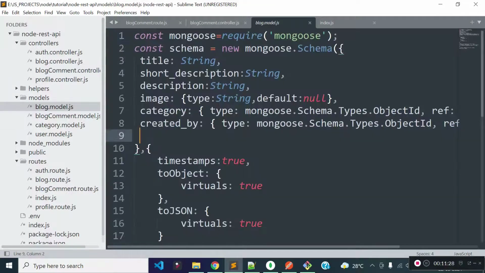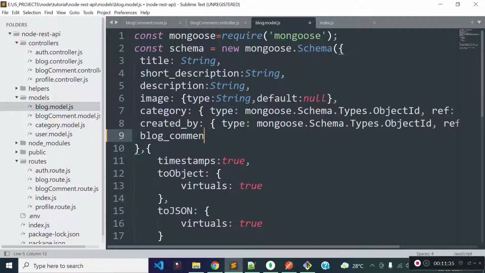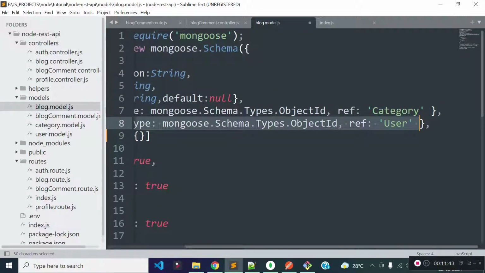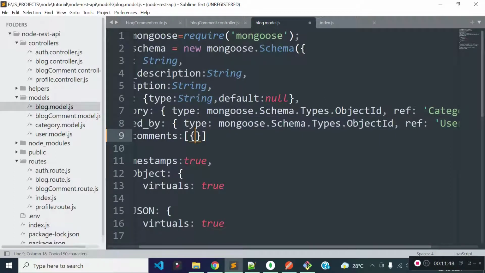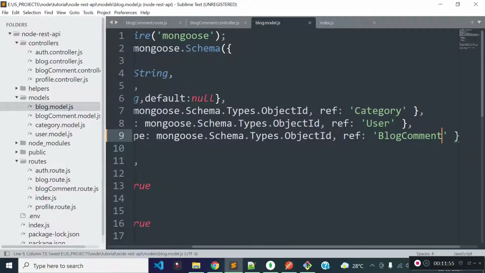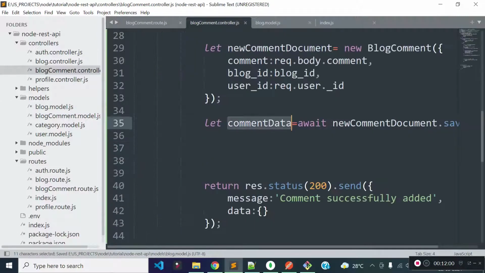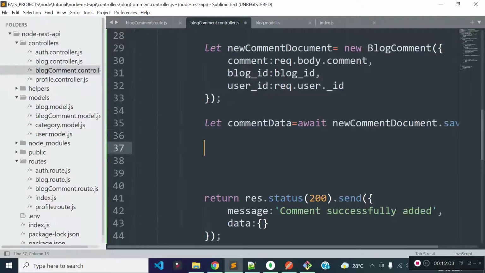We don't have any field inside our blog model called blog_comments, so I'll add a new field called blog_comments inside our blog model, and this will be an array, and the type of each record will be Mongo Schema Types ObjectId, and this will be the reference to the _id field of our blog comment model.